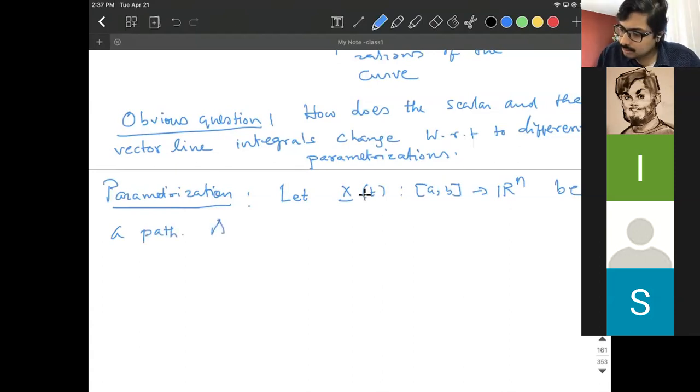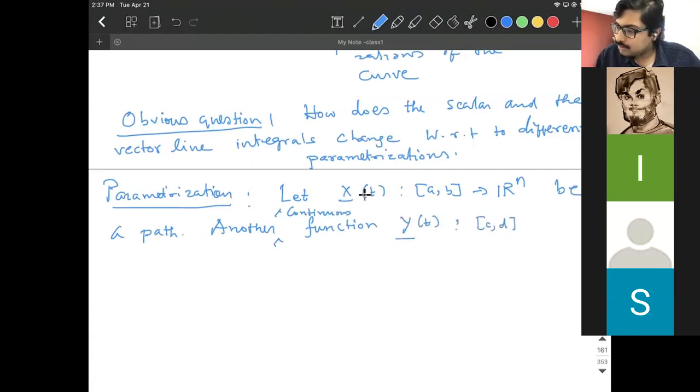Now, another function, if you want continuous, y(t) from a different interval [c, d] to R^n is called a